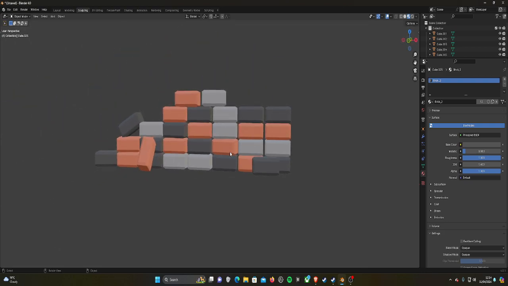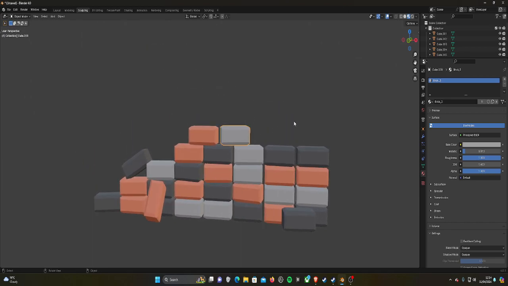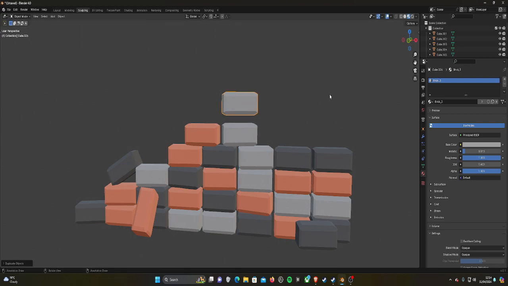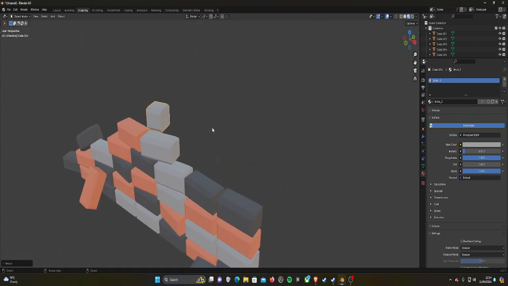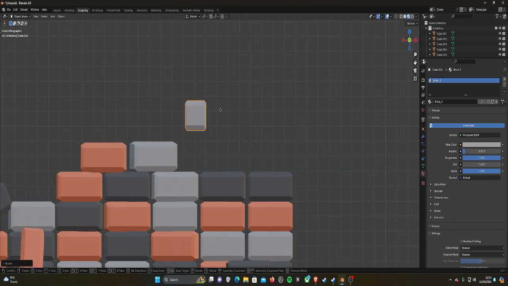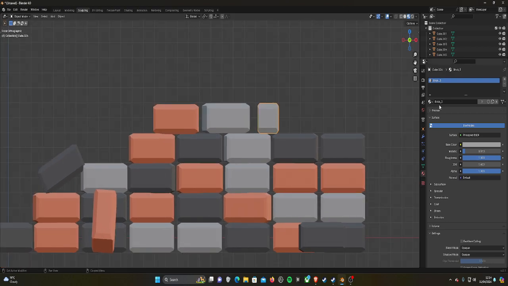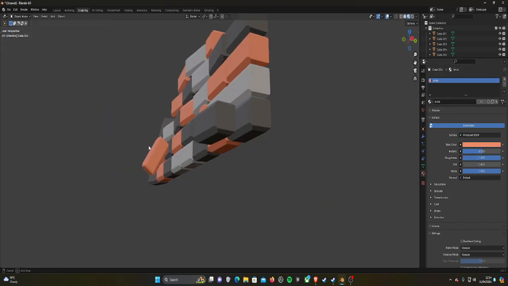And then also what you can do is break them up if you want. You can make smaller half bricks. So let's take this one. We can scale it down in the X to about there. So you've got smaller chunks, and then just place them in between. So you've got end bricks, and change the color of this one. Let's change that to red. So yeah, there we go. There's a short brick